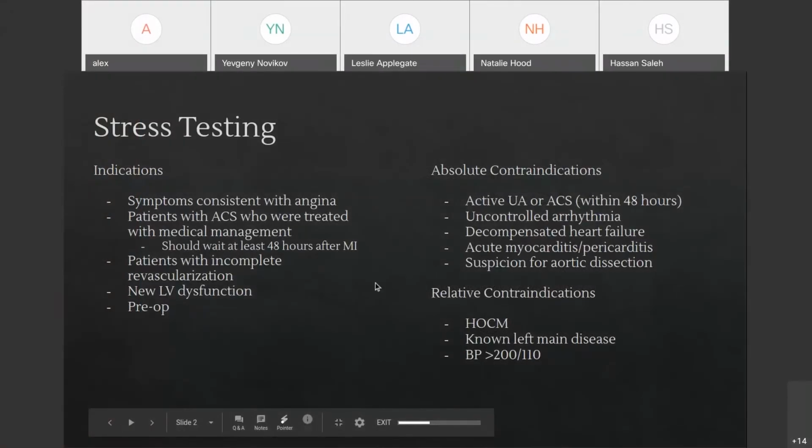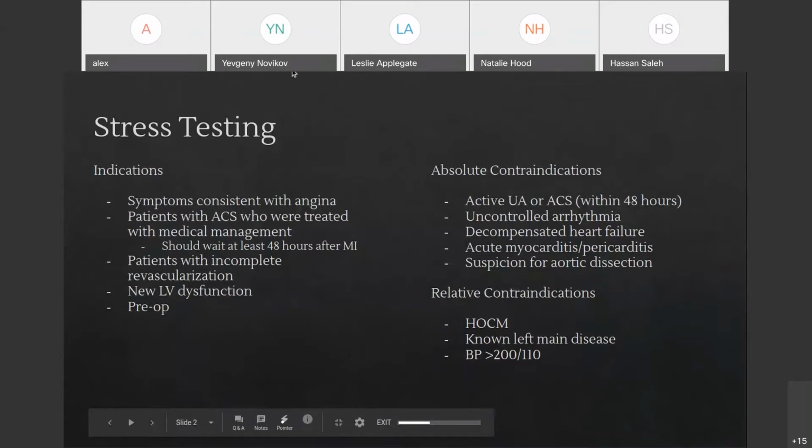Like I said, we're going to talk about stress testing today. The first part of the lecture is really going to be who needs to have a stress test and who doesn't. So just taking it from the top, if we talk about stress tests in general,